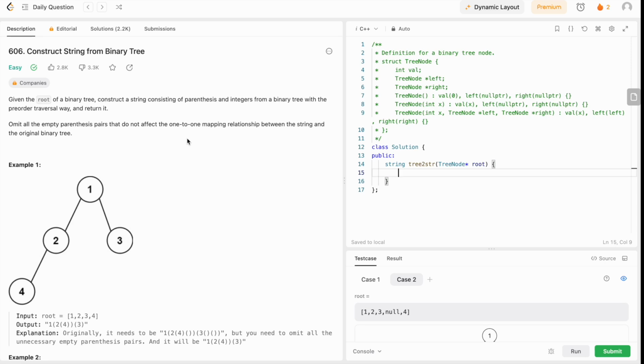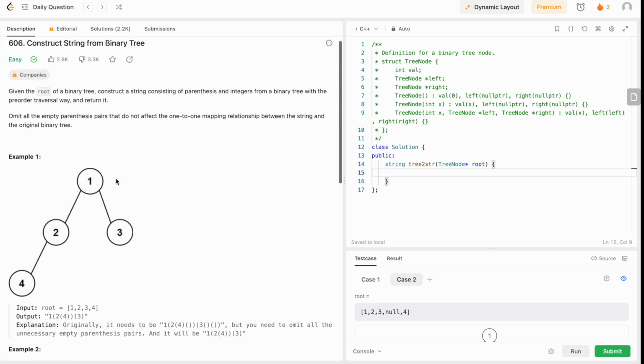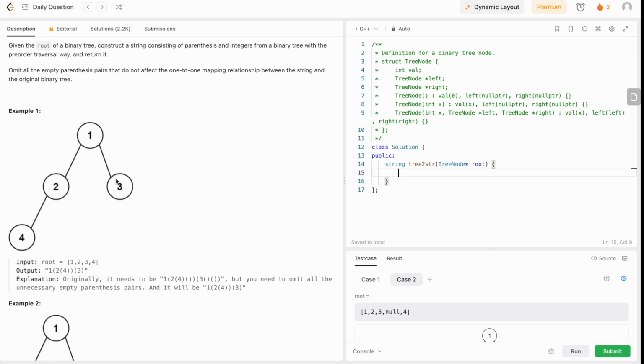Welcome to this new video where we are going to go through construct string from binary tree. Basically, we receive as input a binary tree and we are supposed to construct a string from the binary tree using the pre-order traversal. So what does that mean exactly? That means, for such a tree, we are supposed to